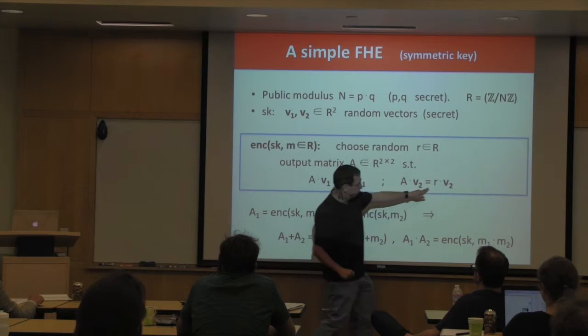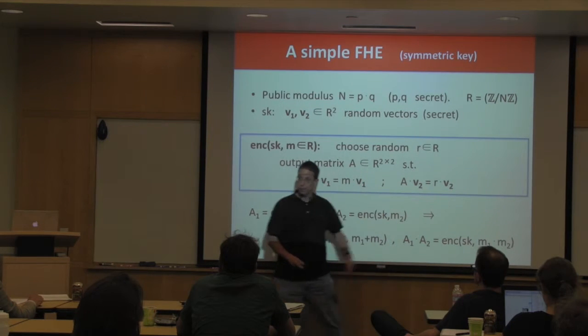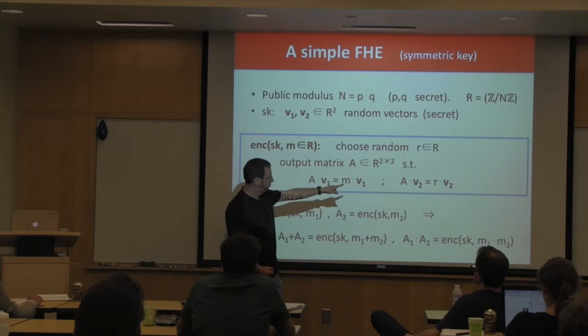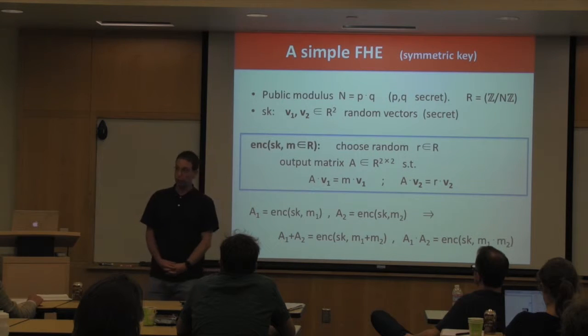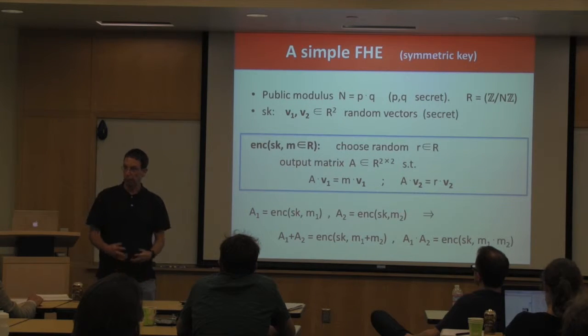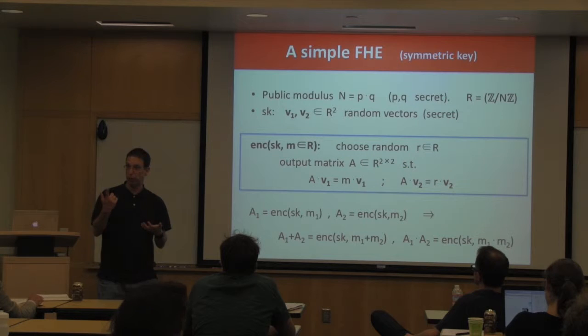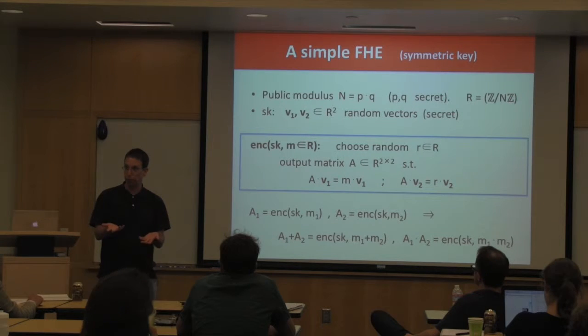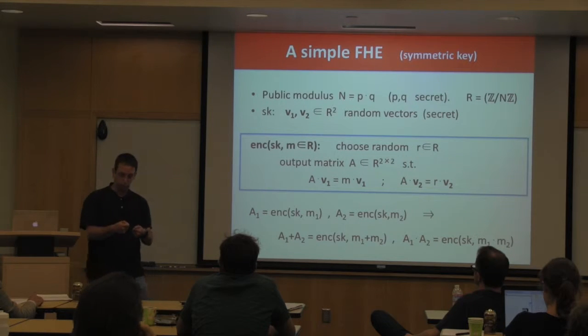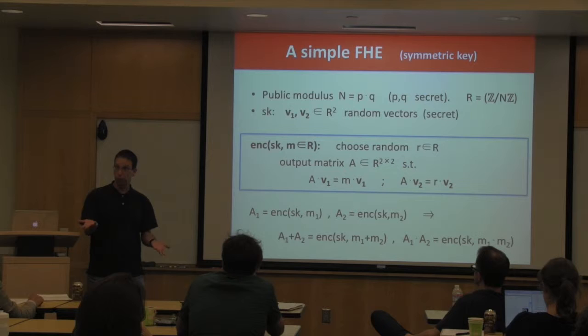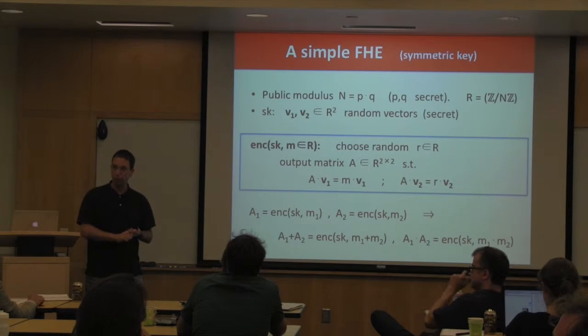Why is this R there? It's there to make sure that, suppose R was always set to 0, then this wouldn't be secure even one time. It wouldn't be secure even for a random message, because the matrix A would be singular. The trace of A will give you the message. So R is there.